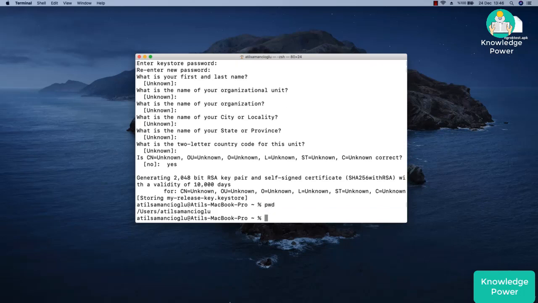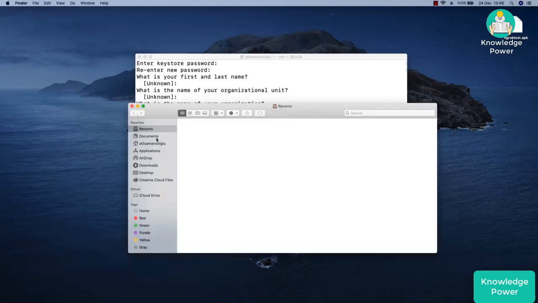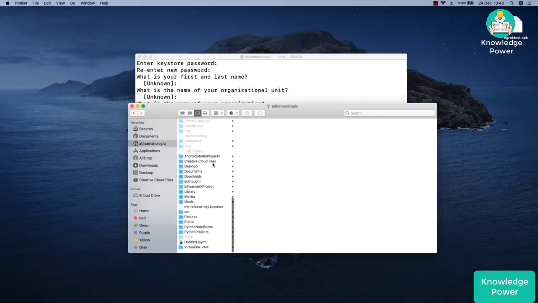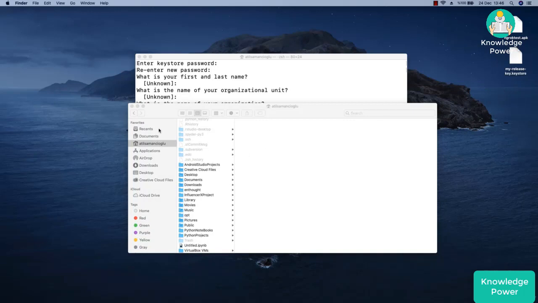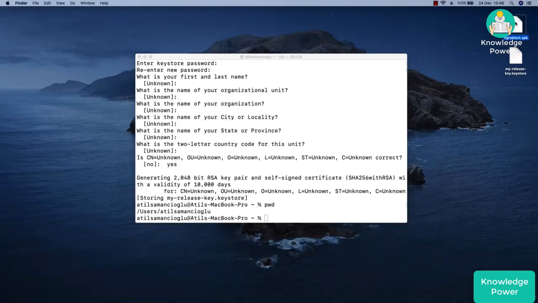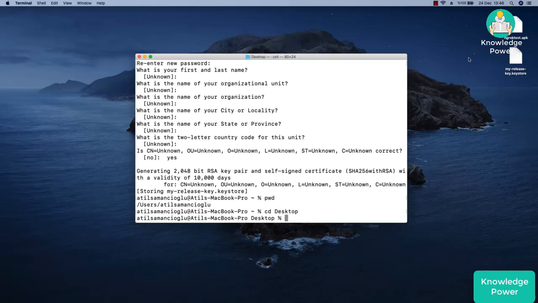I am in my users until Sam, so I believe it created the file over here like this. So I'm going to move this file to my desktop. It's essential that you have these two files side by side. It doesn't matter if you're on desktop or on your downloads or your own documents, just cd into that folder